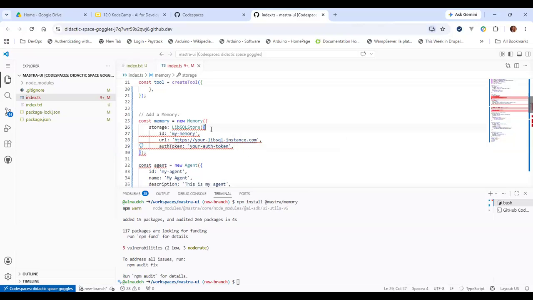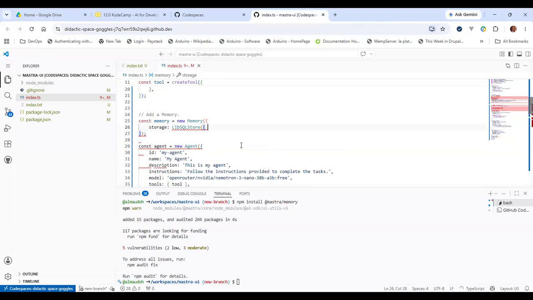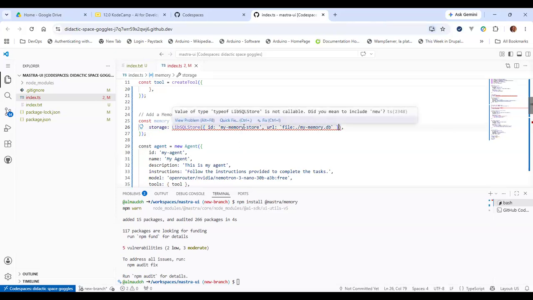I don't need an auth token because it's SQLite. So ID would be maybe my memory store, and the URL will be a file. So we could say file, and let's just store it somewhere close by. I forgot the new here.